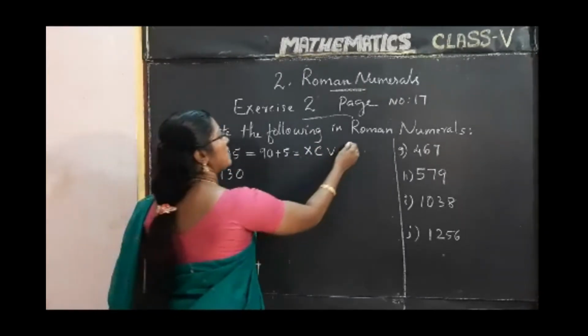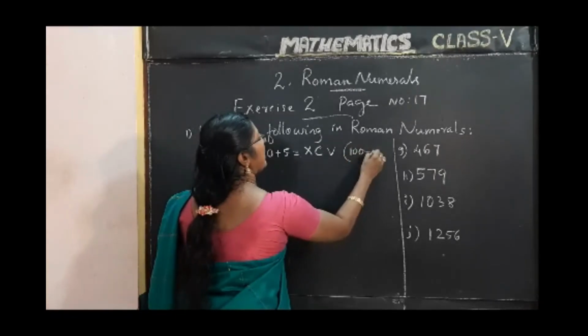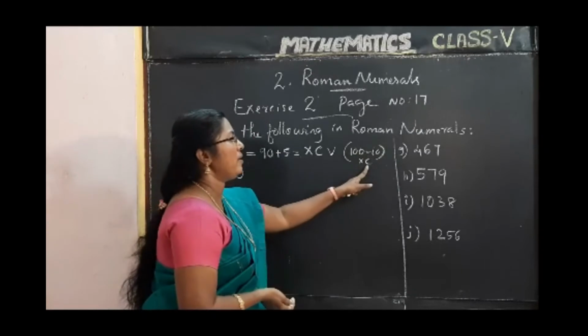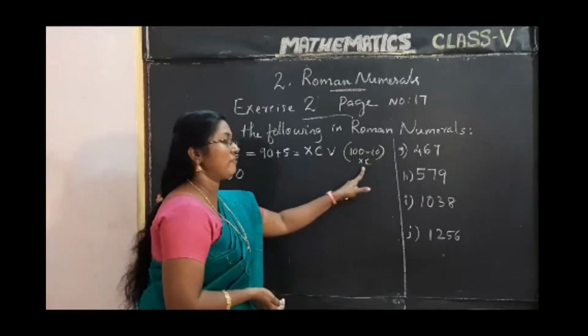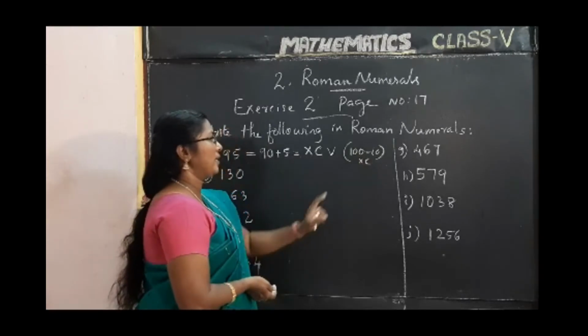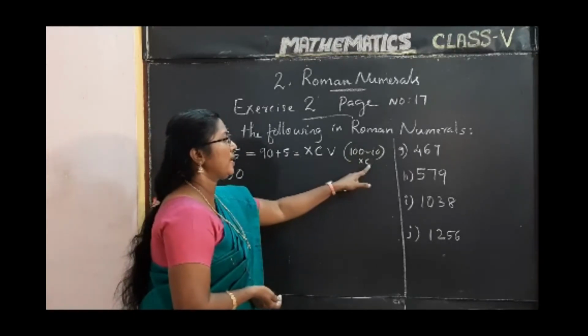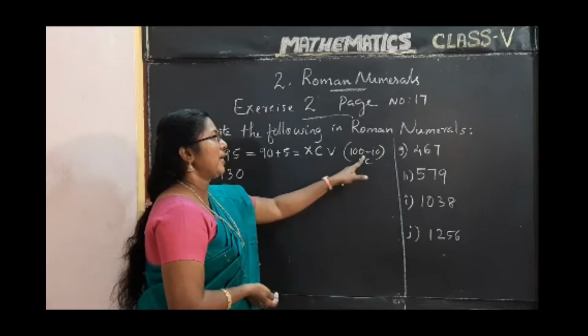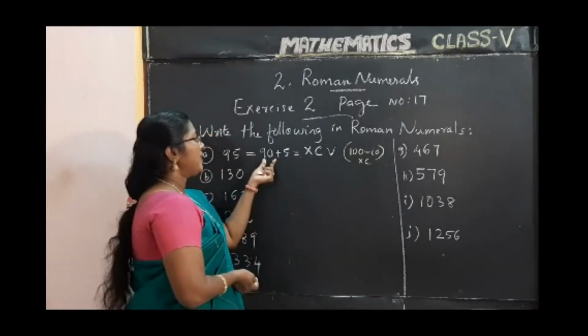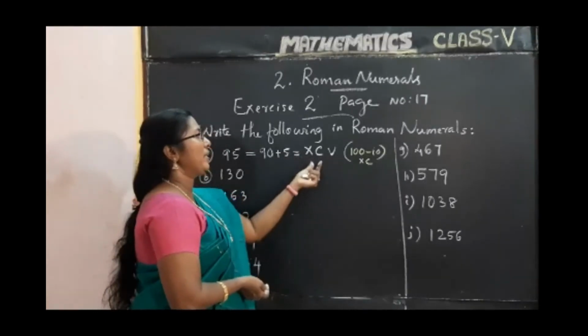XC. That means 100 minus 10. That is XC. A greater number on the right side and a smaller number on the left side means subtraction. XC, C minus X, that is 100 minus 10, 90. That 90 plus 5. The next question is